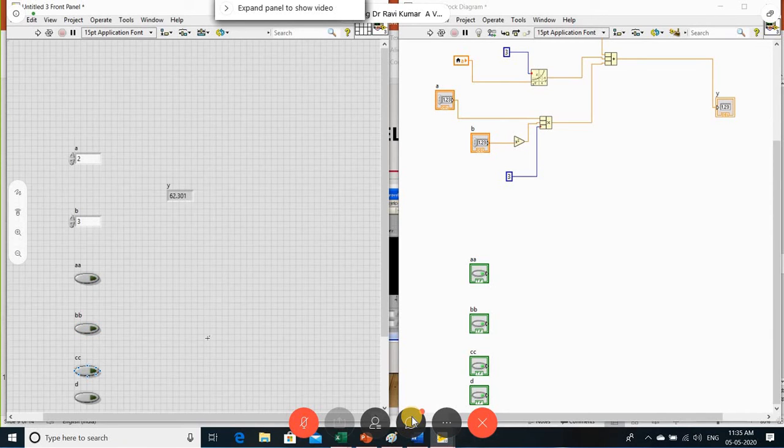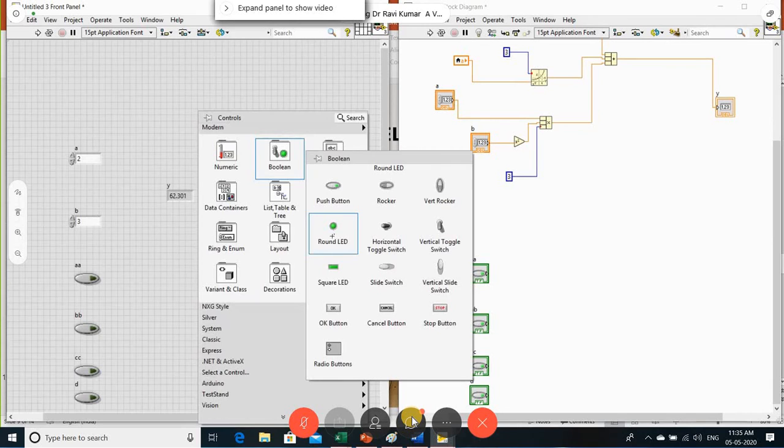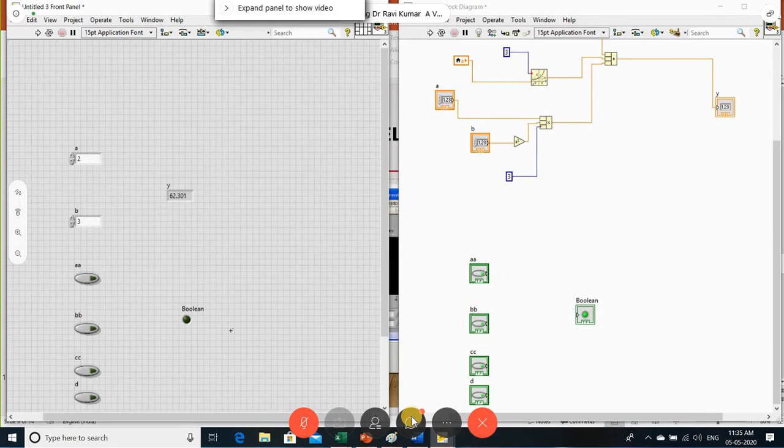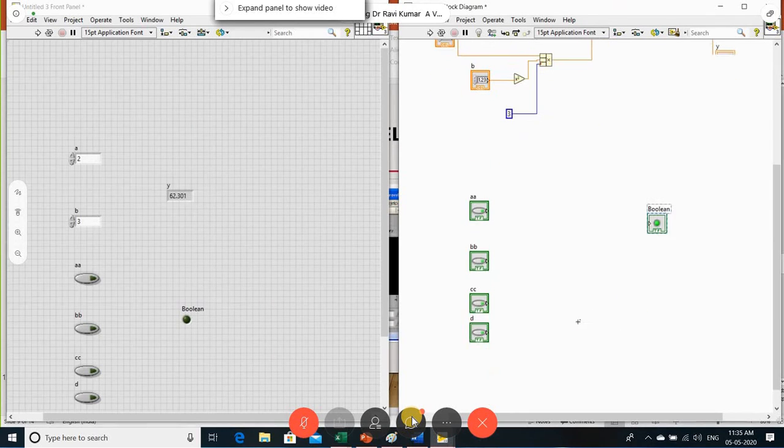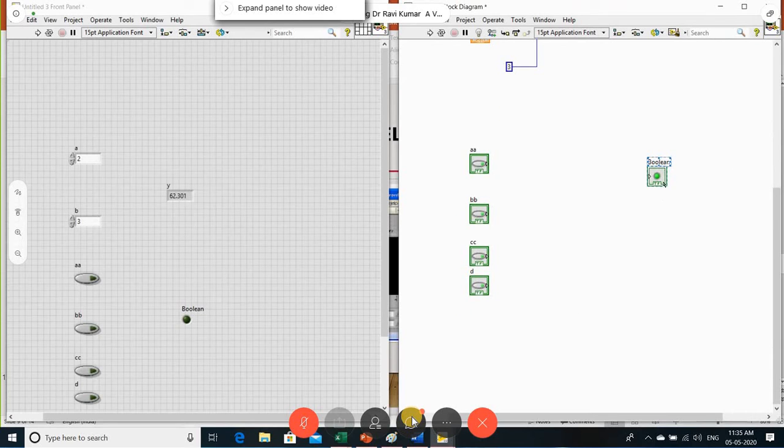One output should be there. Take the one output. Output, we know, is always an LED. So similarly, your icons are created here. So A, B, C, D, 4 variables are there.